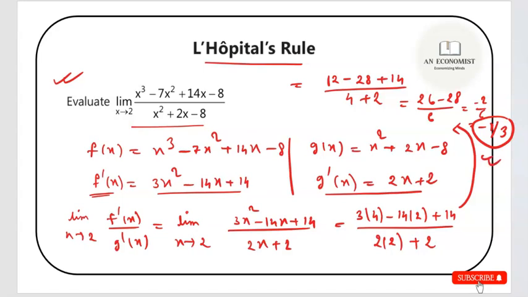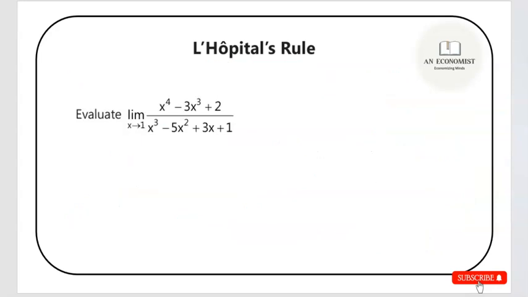Just check if I have made any calculation mistake and do it on your own. And this is the problem I wanted to give you as homework. So try your hand at this. Let me know in the comment section what you get. The process is exactly the same. Again, here you will see 0 by 0 form, indeterminate form, and you have to use L'Hopital's rule